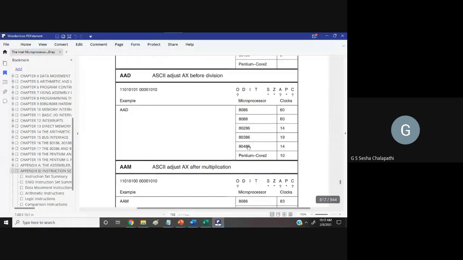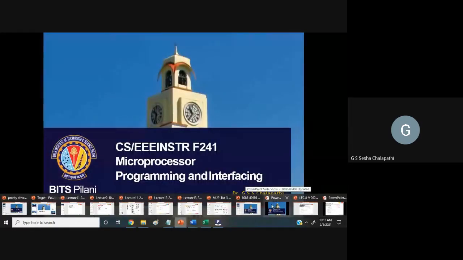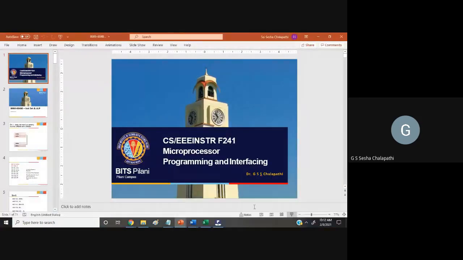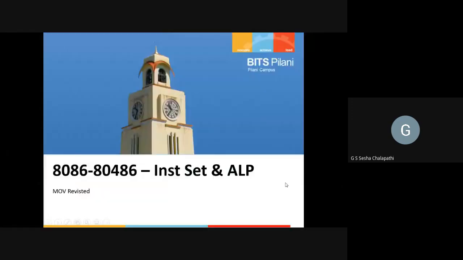We'll see the exact calculation in terms of that table in the next class. I'm sorry for that. Let's continue with the instruction set and ALP. We will look at the specific example of how you calculate the machine code for a scaled index addressing mode in the next class. I'm sorry we couldn't do it today.